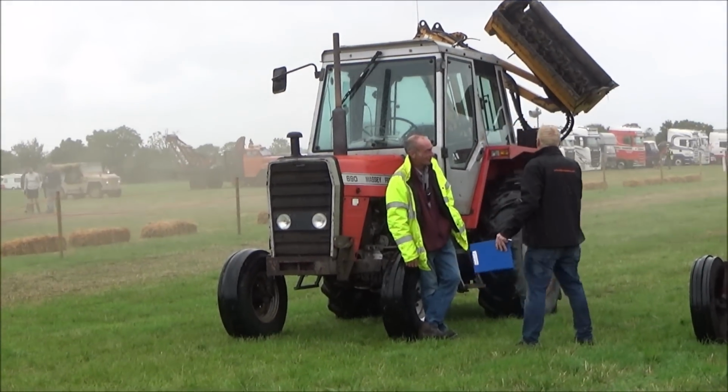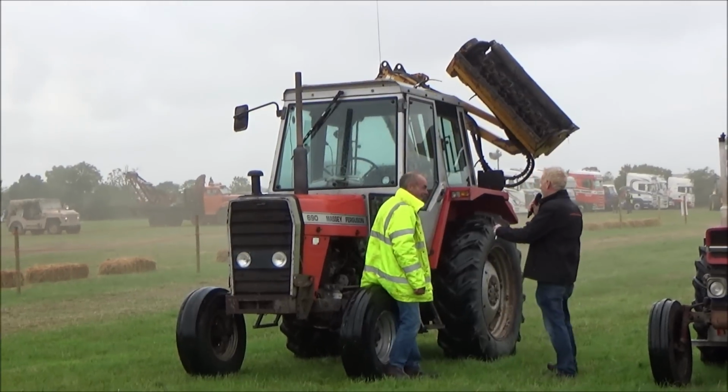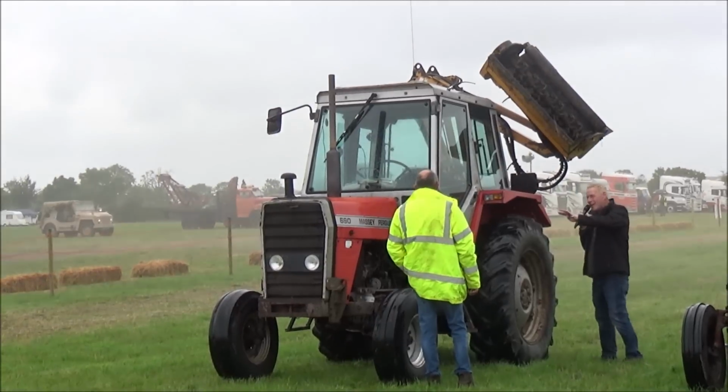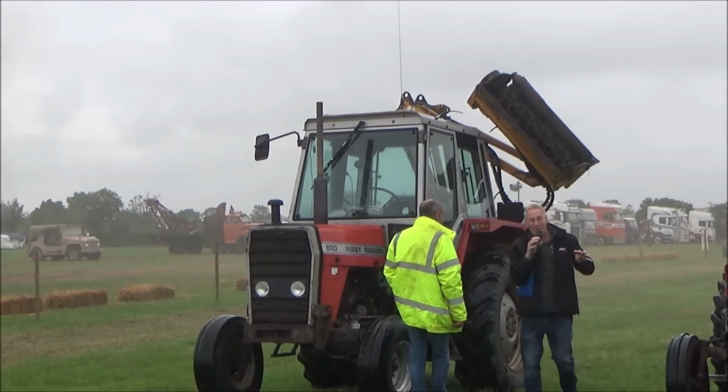You're really lucky, because these cabs, let me tell you, are notorious. All around the bottom, it's not too bad there, but all around the doors, the wheel arches disintegrated to nothing, round the back to nothing. And when I subbed it, because I was worried the cab was...